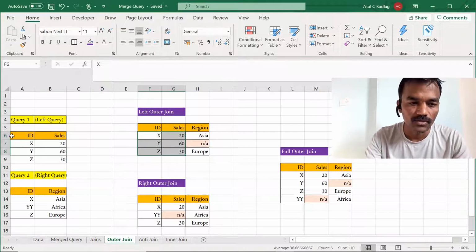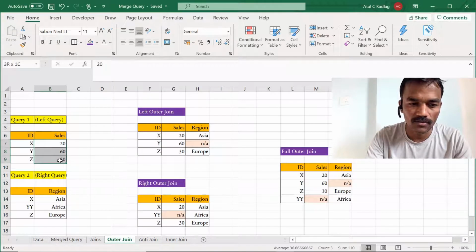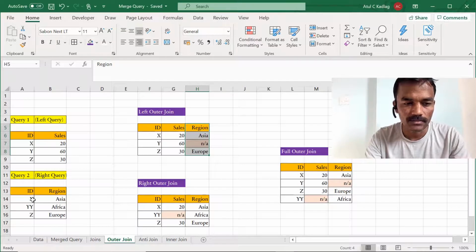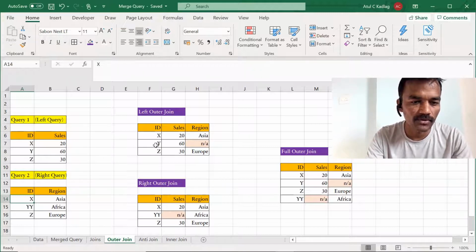That means whatever the rows available, like if you can see this X, Y, Z and this sales column, all these three have been taken, and this sales column values have also been taken. Now the third column, which is this one, is coming from the second query, and it will be taking the value from the ID which is matching with this. Now you can see X is matching with the X, Y is not matching, so Y is not taken.